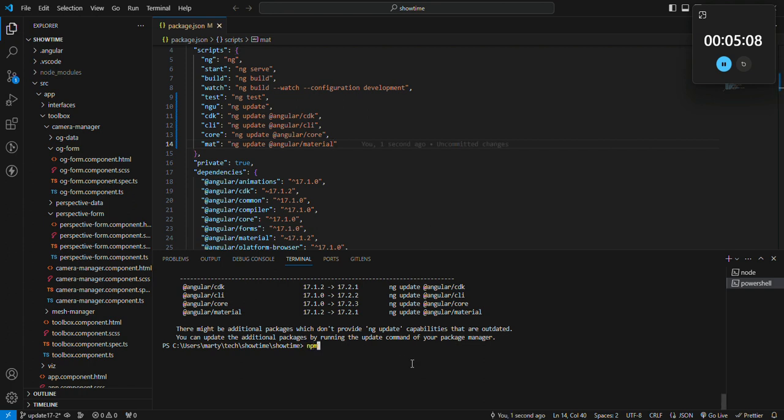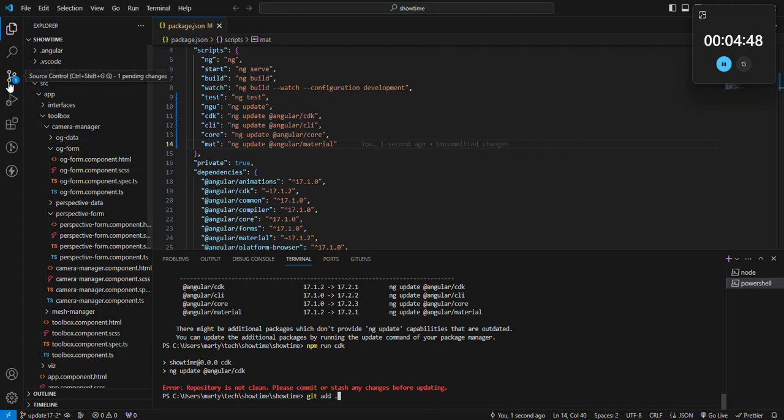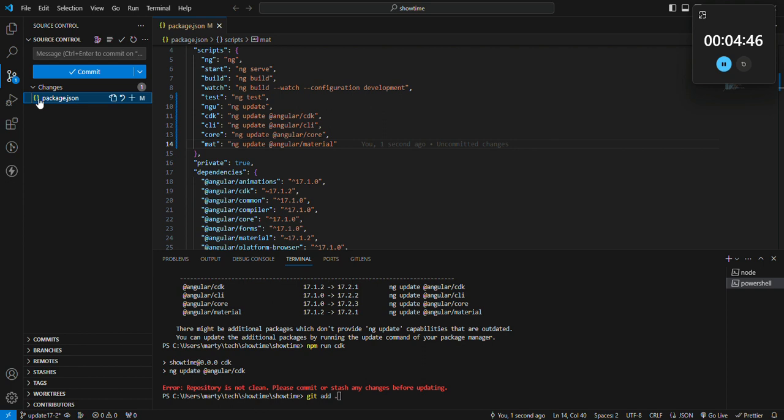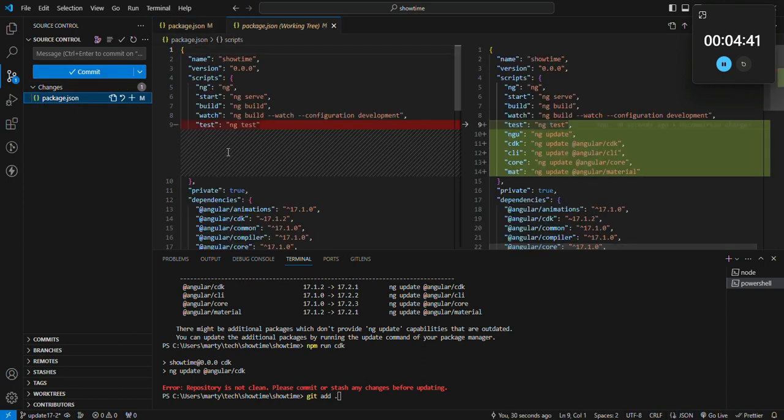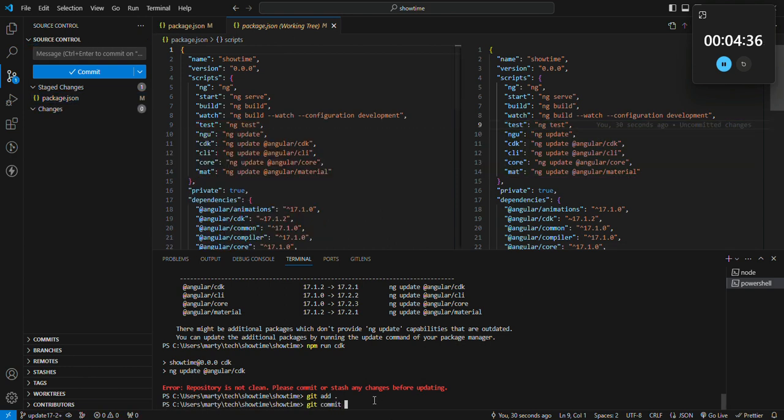So I'm going to say npm run cdk and see what happens. I believe these are just alphabetical order. Okay, so it's upset because we're not committing, and I can't run these commands until I commit. So git add dot. Before I do an add dot, I will typically look to see. Okay, so the only changes I have are package.json, and these are the only changes. So it's safe to just add everything, and then git commit -m